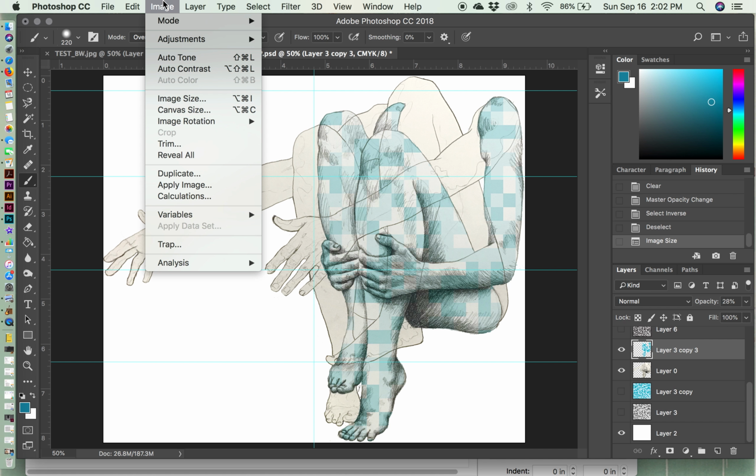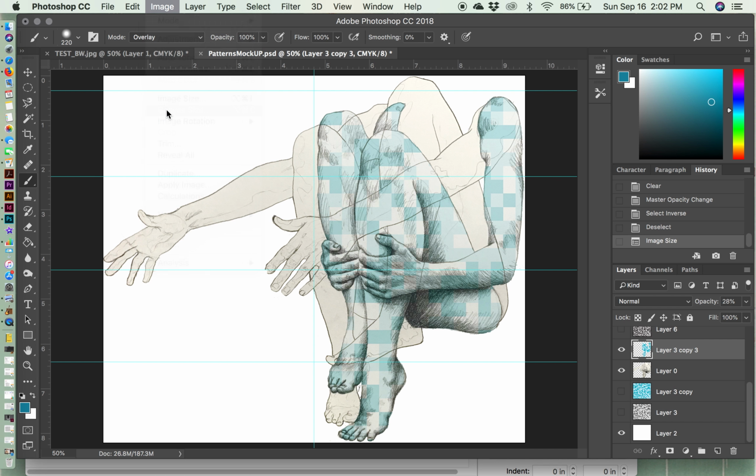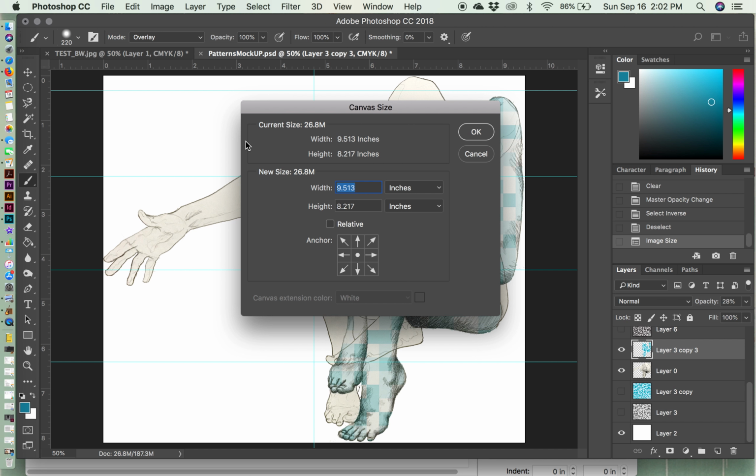So another thing to be aware of is my canvas size. I can increase my canvas size and it does not change the size of this image, so that I would basically be giving myself more room. And you can also change what direction it adds space around it. So right now it's about 9.5 by 8.2. If I wanted it to be 11 inches wide and 8.5 inches tall, and I increase that all around,